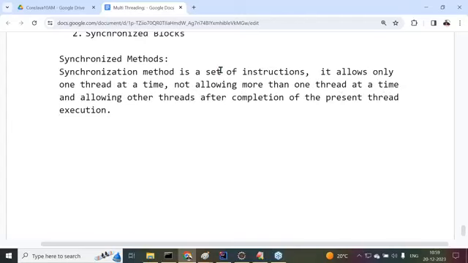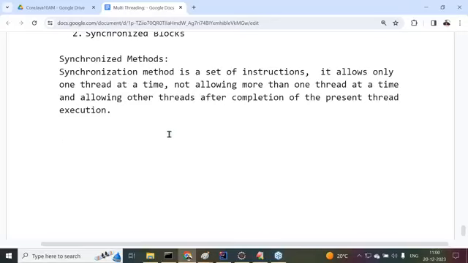Is it good or not? It is a set of instructions which allows only one thread at a time, not allowing multiple threads at a time. After executing the present thread, only then allowing other threads. So this set of instructions, or this method, is called a synchronized method.